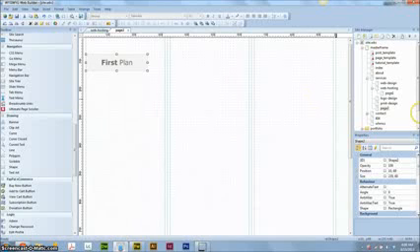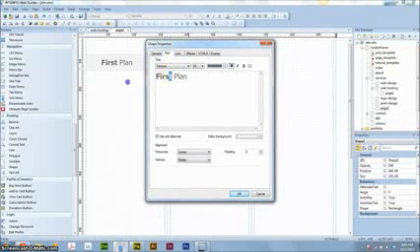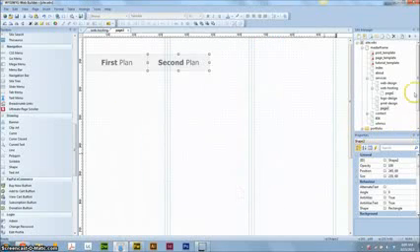And now all you do is just use the arrow buttons, and you can move that over, and it'll keep it in line with whatever you pasted the first time. Okay, so we will change this to the second plan. Control-V, paste in this guy, slide it over, and we're going to do something a little bit different with this one,